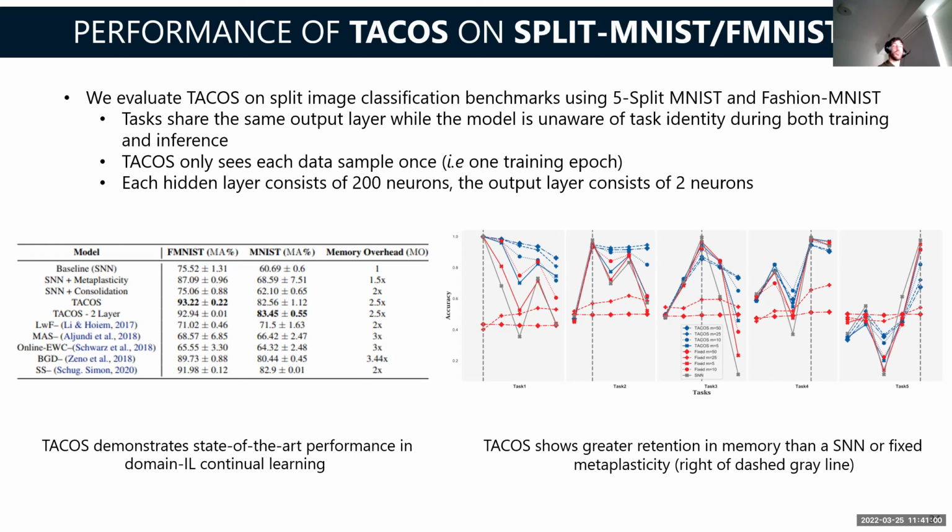This kind of approach is called domain incremental learning, where your output layer is shared across tasks, but the network doesn't have to know which task it belongs to when classifying. It just has to know if it was one of the numbers from the first set of patterns or one of the numbers from the second set of patterns, but it's only trained on one set at a time. This is the common approach used for regularization approaches because they can't learn the intertask boundaries necessary for more complex tasks, where you have to say which number it is specifically, learned over time.